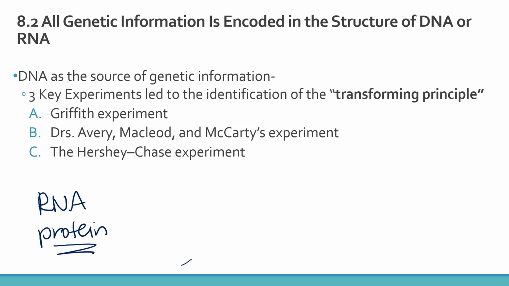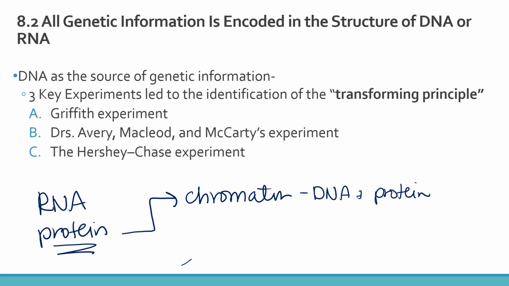Mainly protein. And the reason that we say mainly protein is because remember that chromatin is made up of both DNA and protein. And the function of RNA wasn't really figured out yet, but the 2 candidates for encoding that genetic information were DNA and protein. But it was actually generally thought that protein was going to be that coding molecule because protein